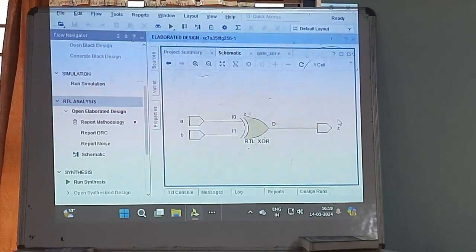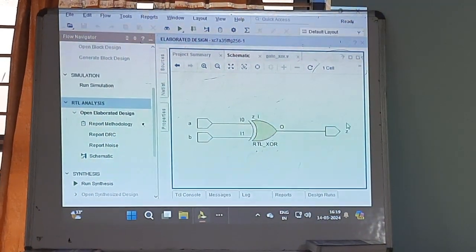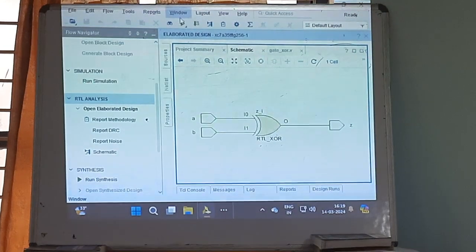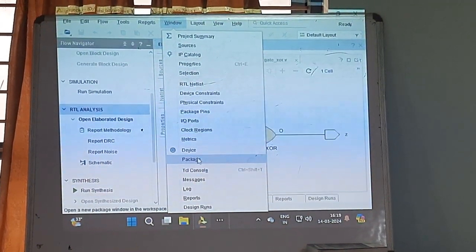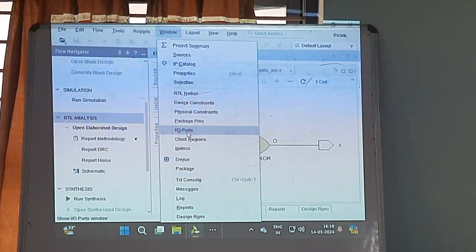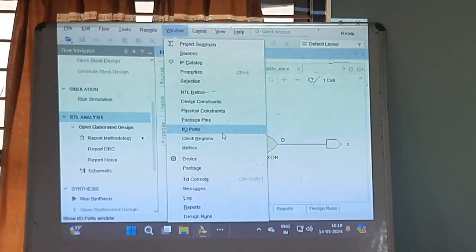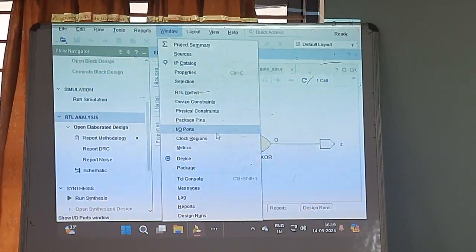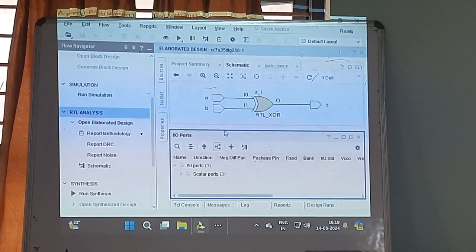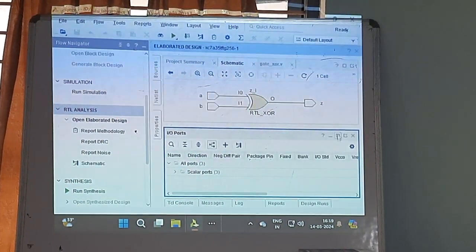Nice. So I want to observe another thing called Windows IO ports. Go to the Windows option, IO ports. In the menu bar, Windows, IO ports. Then here, what I want to do,